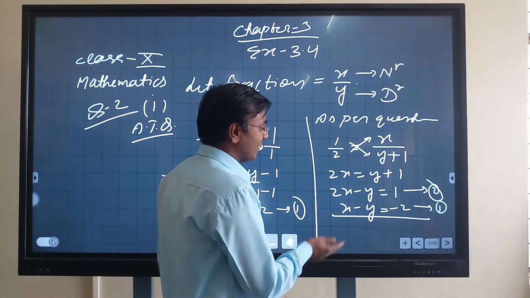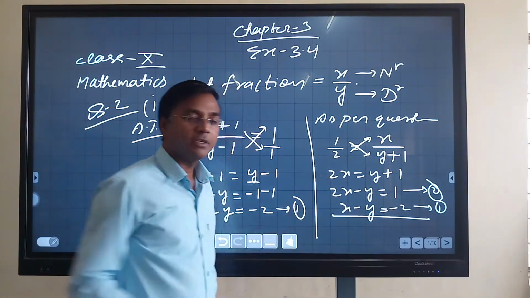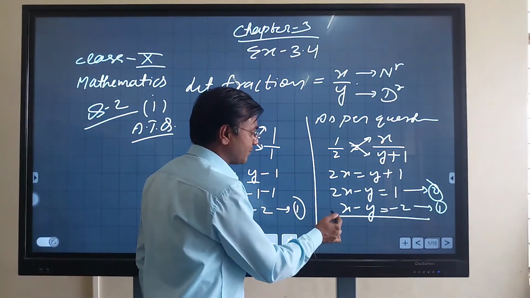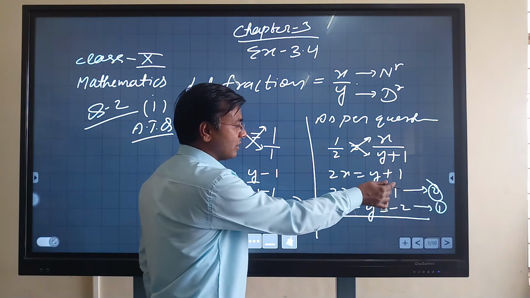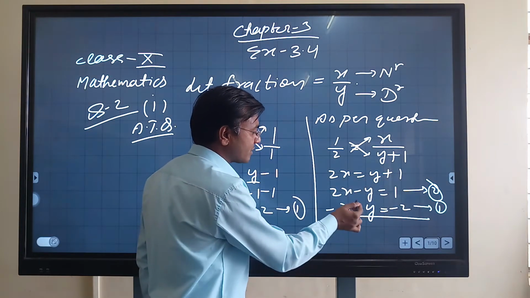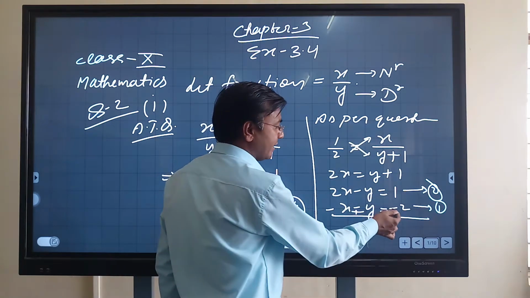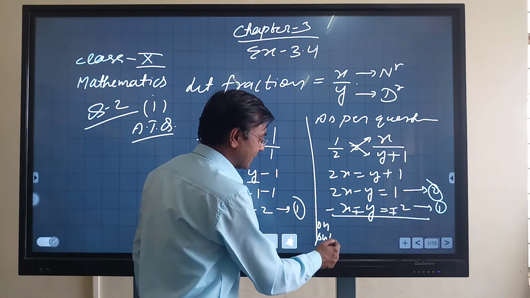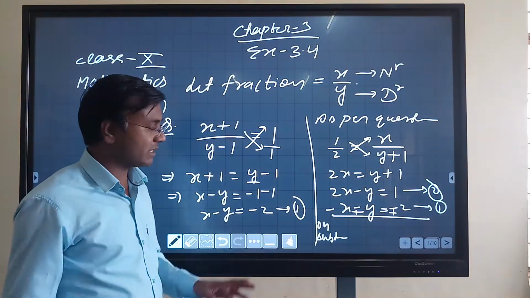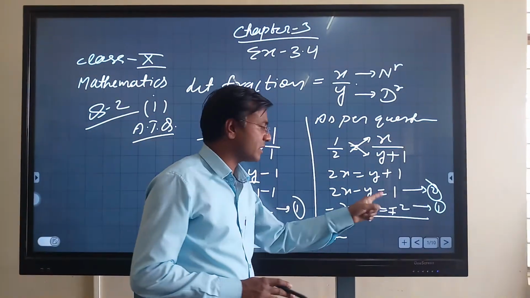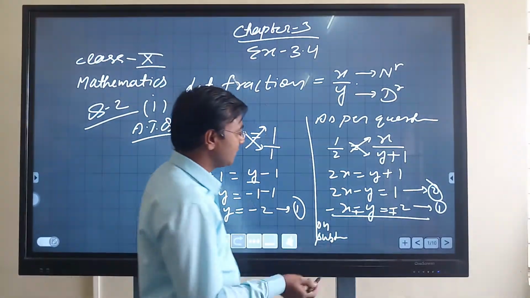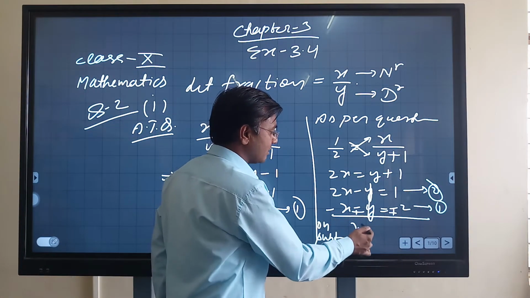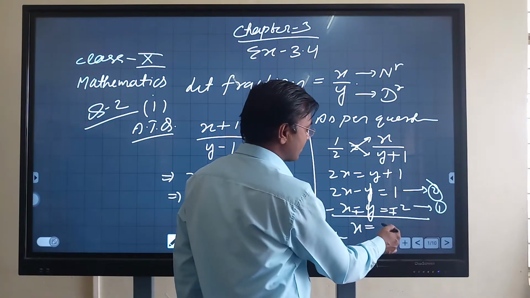And now again see, we have to add or subtract, because both have a negative sign, so they cannot be cancelled unless they are of opposite sign. So we are what? Subtracting. I mean we are doing equation 2 minus equation first. So use a minus sign, and this minus changes to plus, and this minus changes to plus. Why? Because we are subtracting. In subtraction, the signs of these numbers are changed. Okay. So 2x, this minus y and plus y now cancel out. 2x minus x equals x, and here 1 plus 2 equals 3.